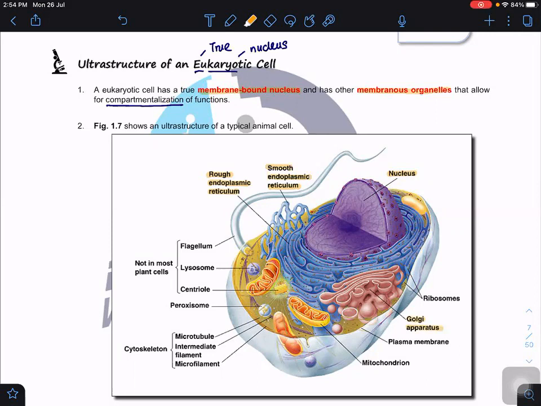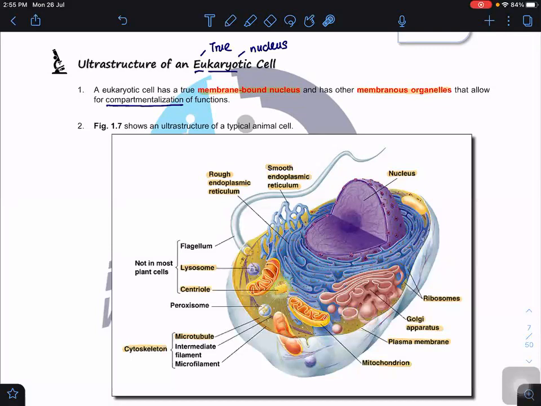Then you can see that we have ribosome as well as the mitochondria. Then you can see that we do have the lysosome, centriole, we're going to learn, and then cytoskeleton, particularly we focus at the microtubules. And last but not least, our plasma membrane. Now, one of the structures that is not mentioned here is the Golgi